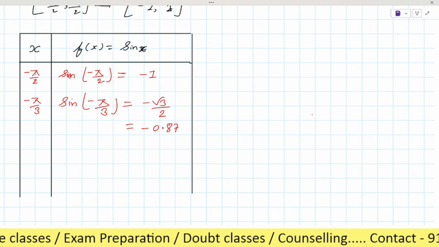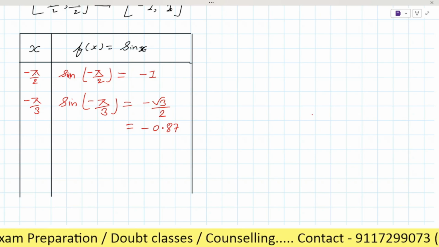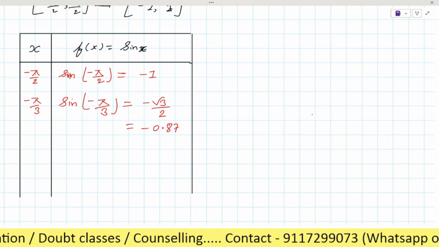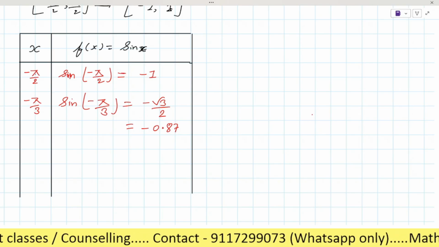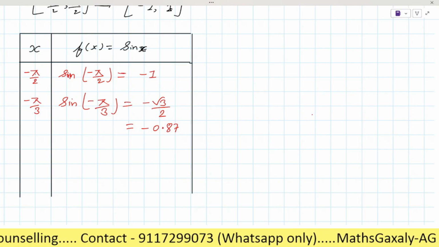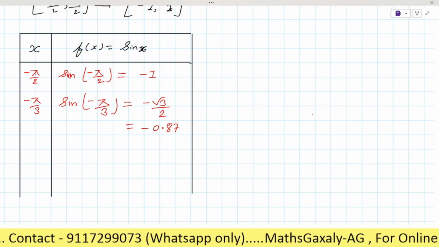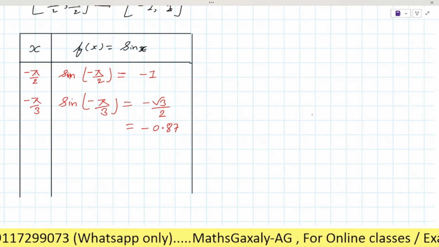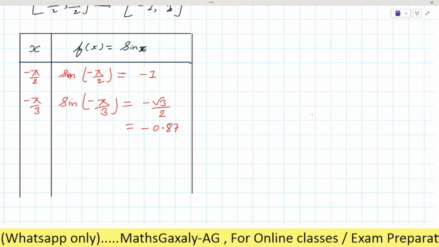Fraction. No, I mean, we have to take it to decimal. I am converting all of it to decimal because here I will show it in the form of domain and range, है ना? I will show it in the form of domain and range. That's why I am converting the fractional value to the decimal value. So that when we take the set x and set y, one will be the domain and the other will be the range. And I can explain it to you in a simple way. So that's why I am taking the fractional value as a decimal value.